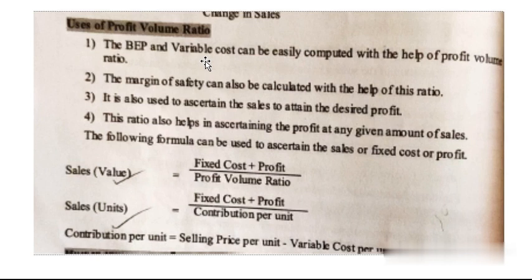If 11,000 units is the break-even point, that means if you produce more than 11,000 units, there is a chance of getting profit. If you produce less than 11,000 units, that is, you have decided to produce 10,000 units, you will incur a loss. So this break-even point will give you an idea of how many units to produce and where to reduce. So the profit volume ratio will help you easily find the break-even point and variable cost.